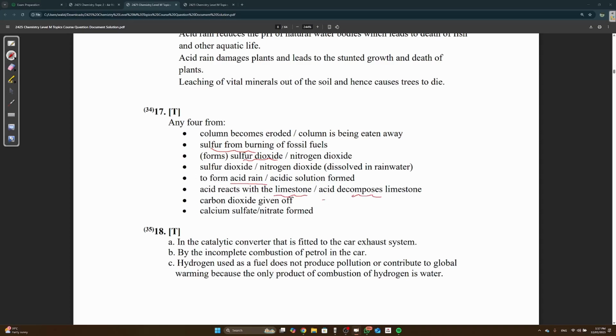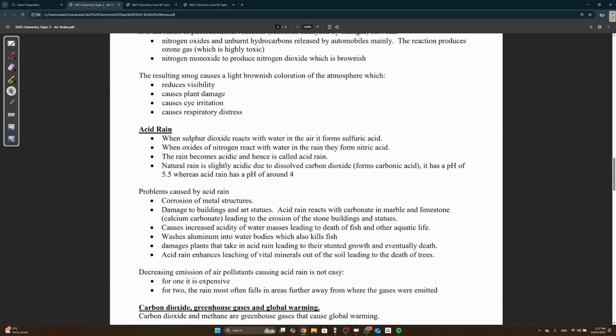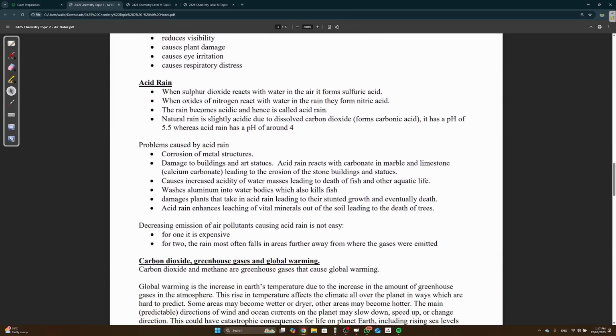This works as well if you want, okay. But the main part here was mentioned in the notes. Acid rain reacts with carbonate in limestone, leading to the erosion of the stone buildings and